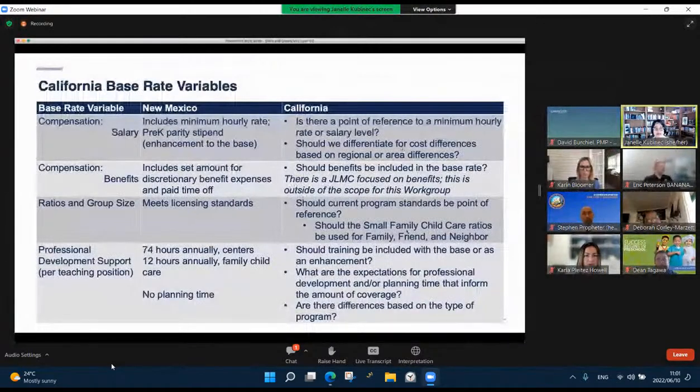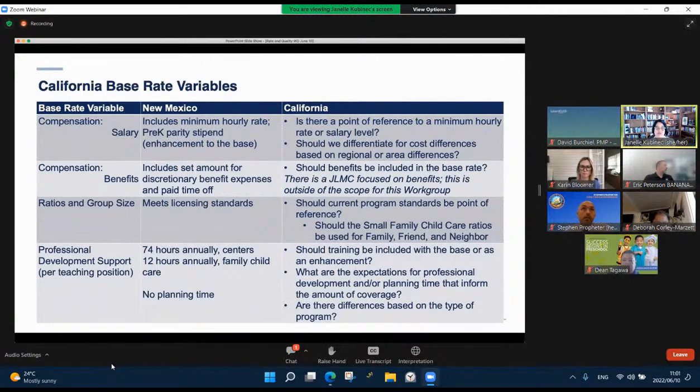So we're just trying to see if there's some ways to start thinking about how you want to see the base rate built and what kind of feedback would be useful to making those decisions. So what we've surfaced so far is that any points on where you want to see compensation with regard to salary have a relationship to where we see ratios falling, needing to be mindful that we can use program standards currently as they are as a reference point, but then, if it's going to be based on those per child amounts as the model,